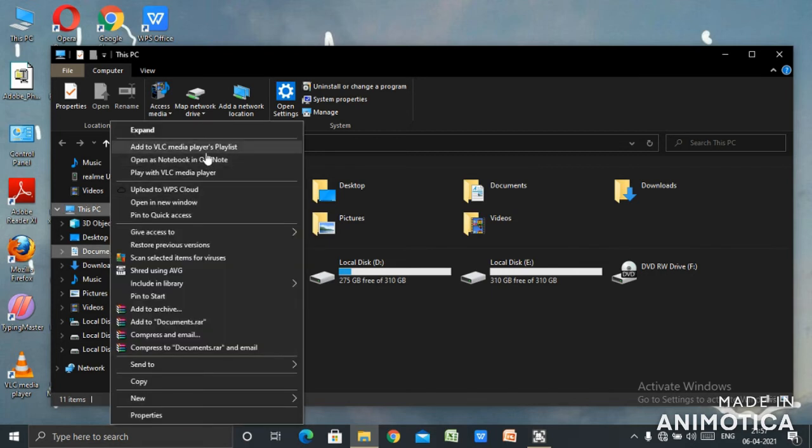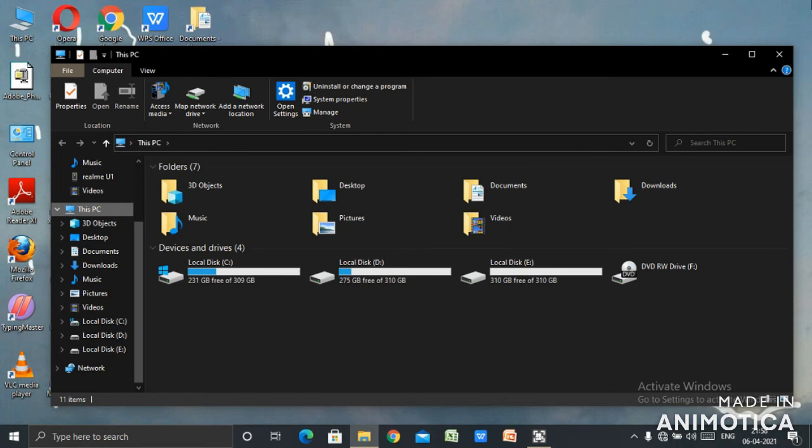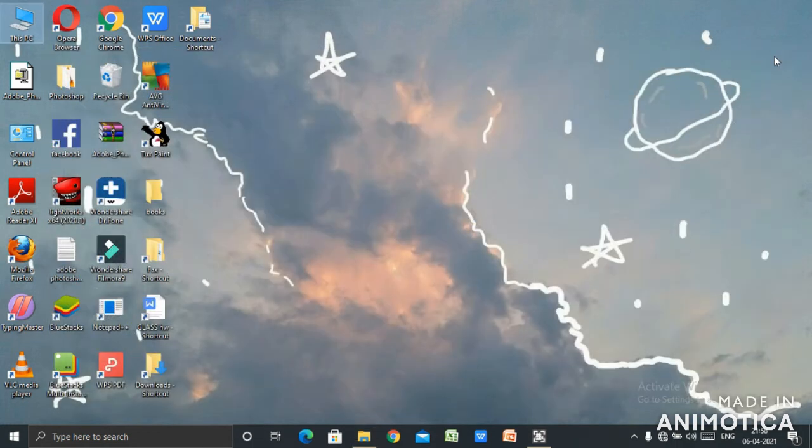From the drop down menu, click on send to. Again, you will get a short drop-down menu. From it, select the desktop option. In the bracket, it is written create shortcut. Click on this and close the window.